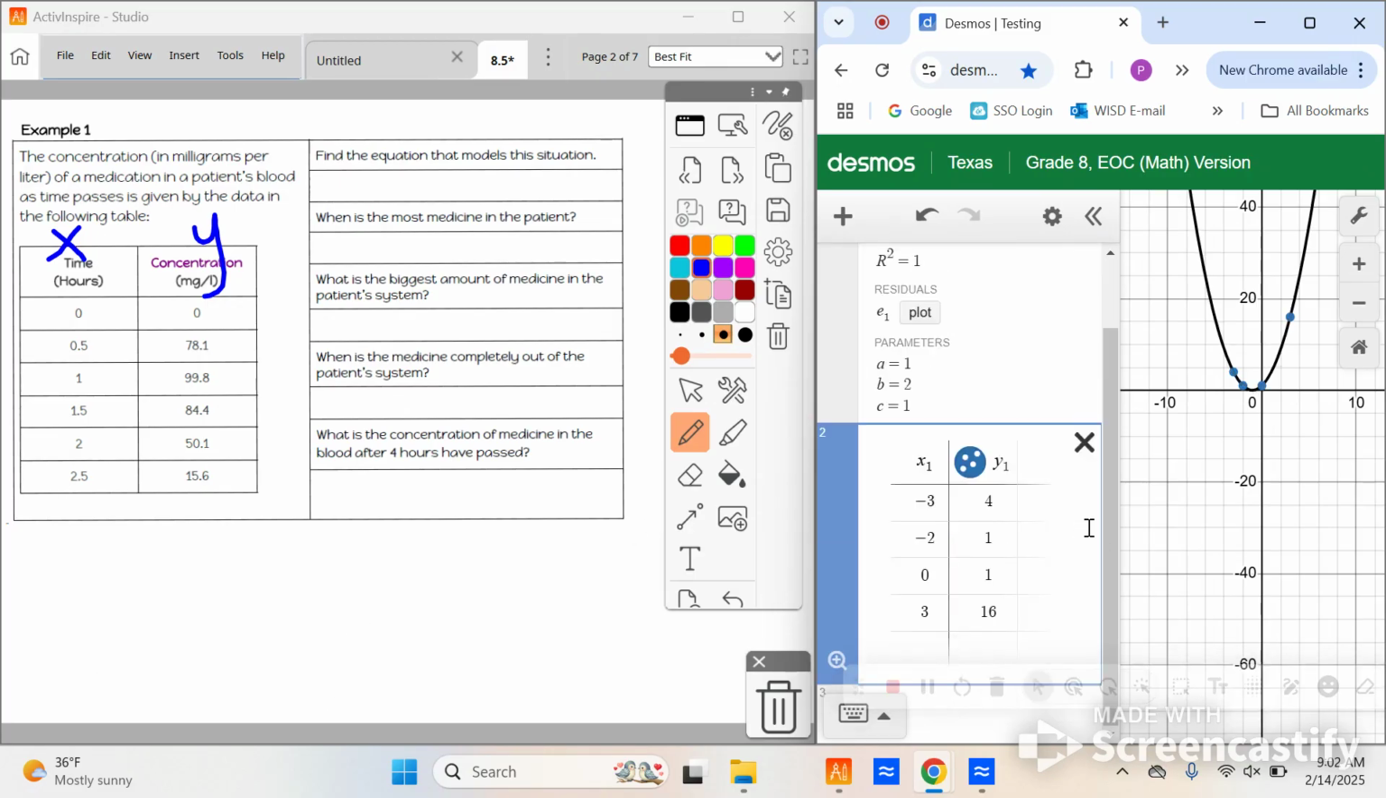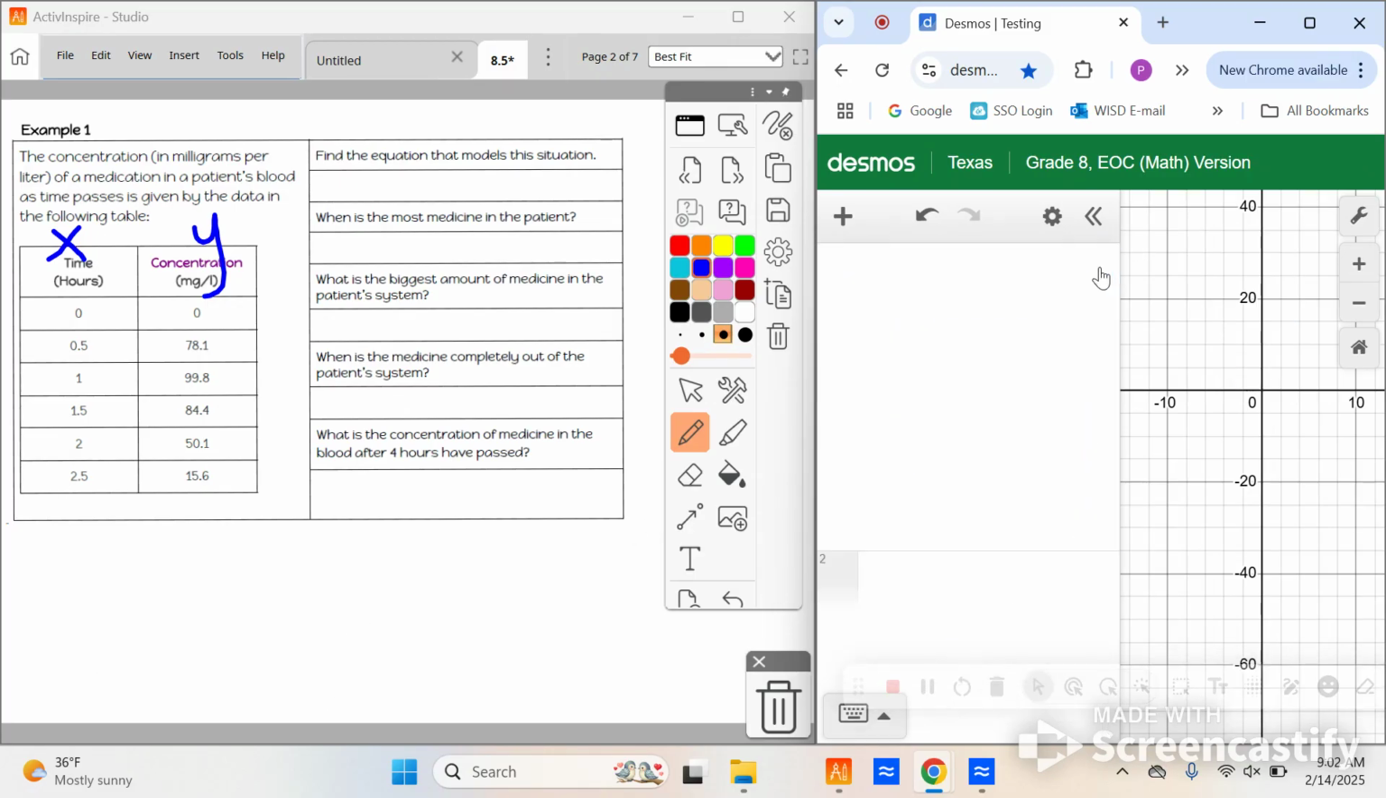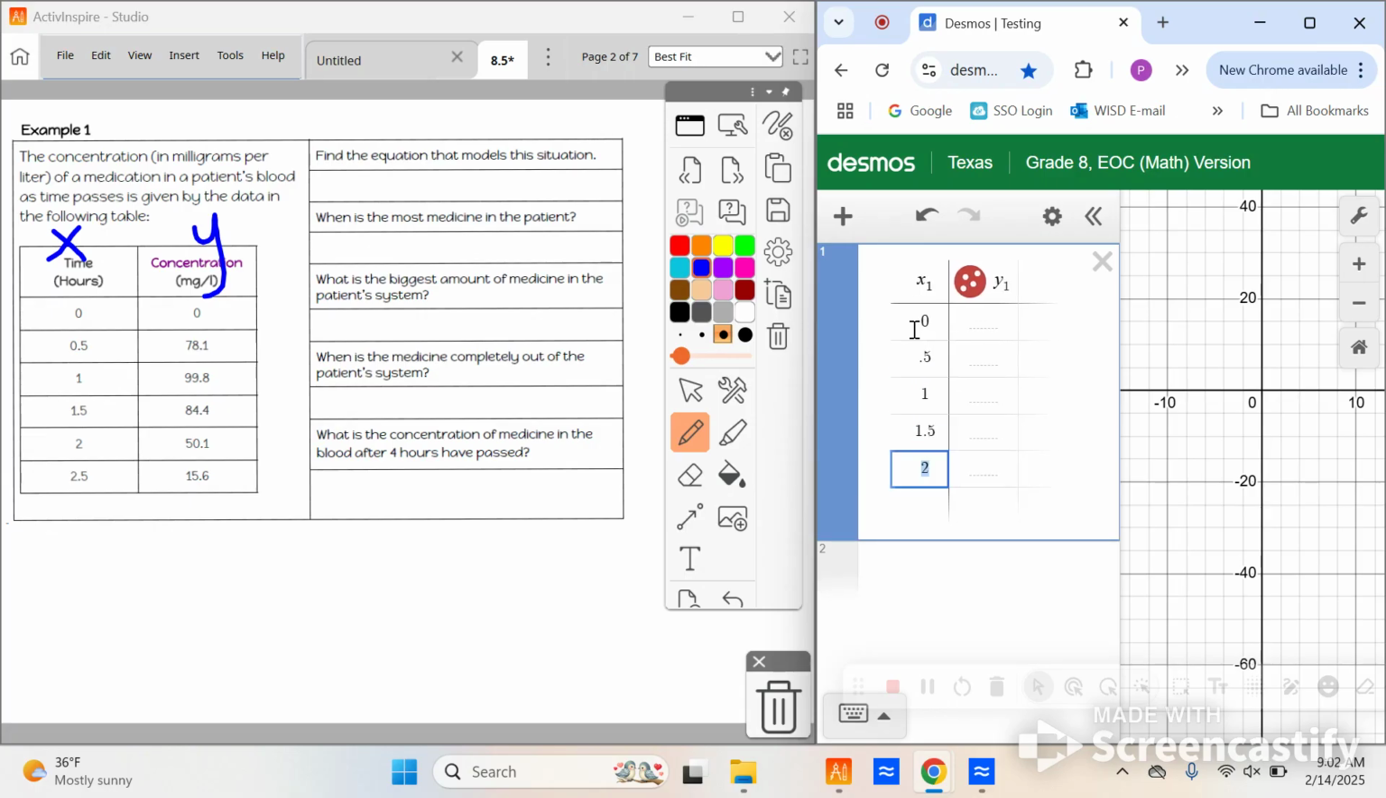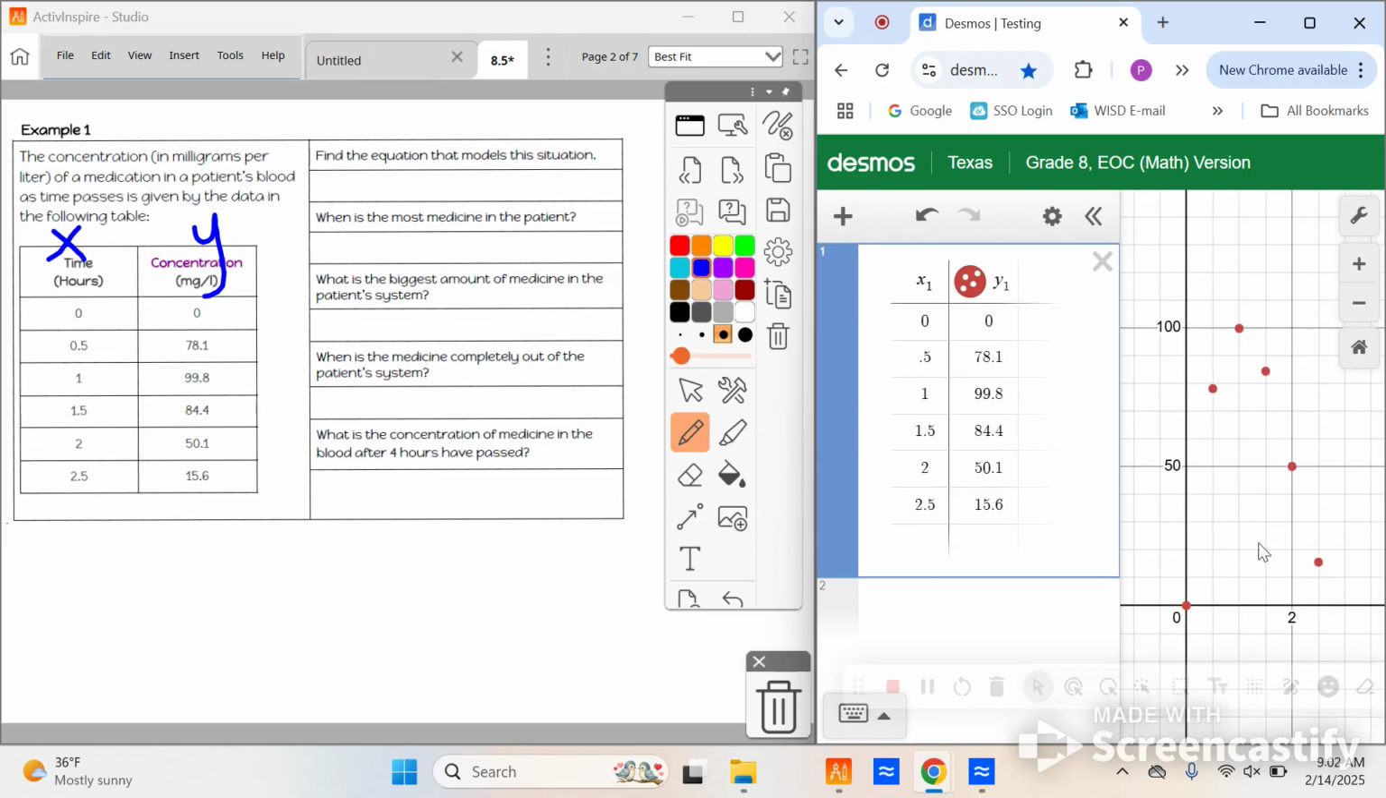So we need to, again, use the table feature of Desmos and type in our points. So x's are 0, 0.5, 1, 1.5, 2, and 2.5. Our y values are 0, 78.1, 99.8, 84.4, 50.1, and 15.6. Now, to be able to see all my points, I'm going to press zoom fit,